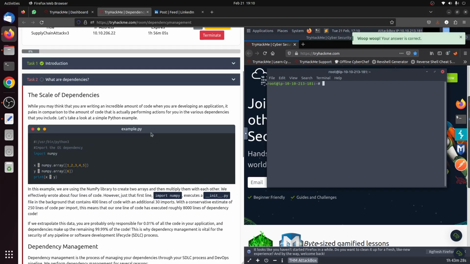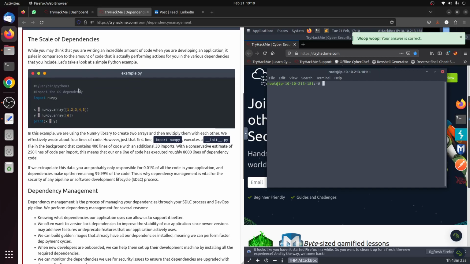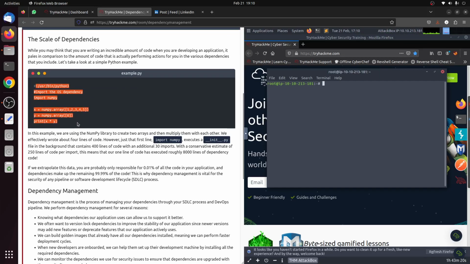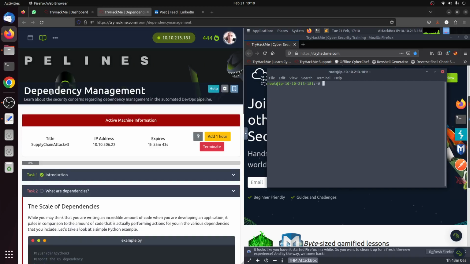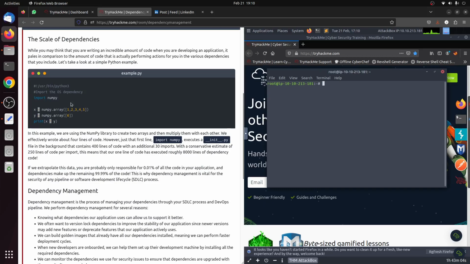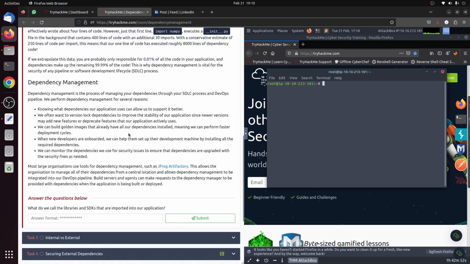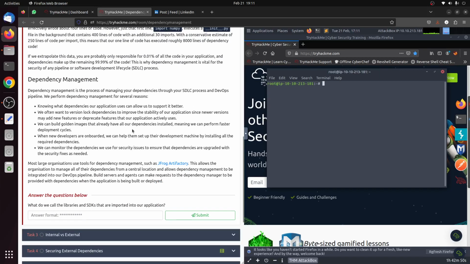Okay, let's start. The scale of dependencies. Of course, dependencies are big, because whenever you write even a small script that does simple multiplication of two array matrices, you import a library. That library is another hundred lines of code. So you think it's a small line of code, but there is a lot there, and that's where the dependency management risk happens, because you're importing something you don't really have control of. If something goes wrong in these libraries, your whole software can go south. In any case,